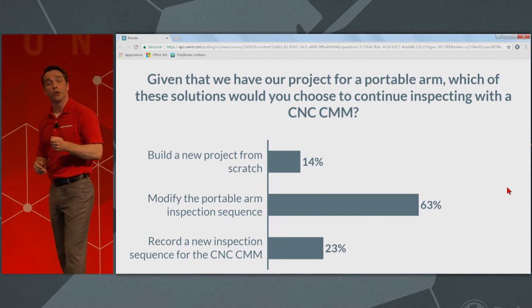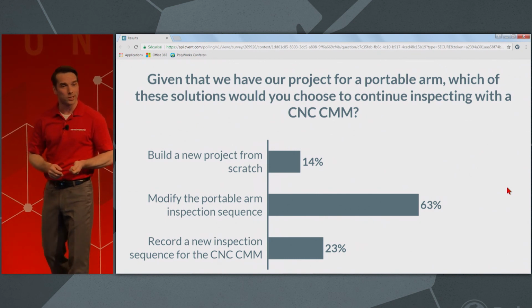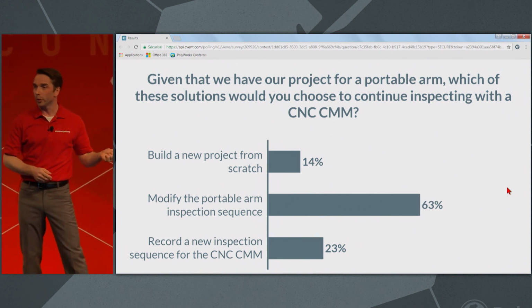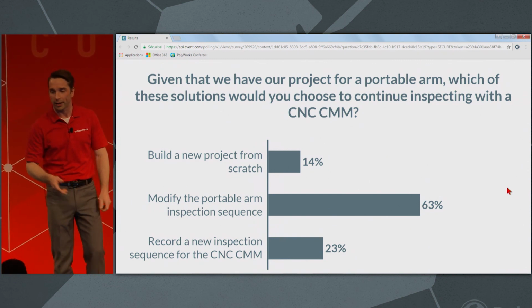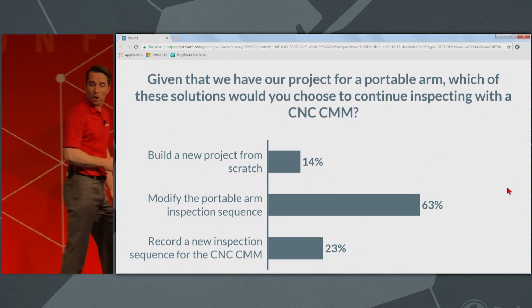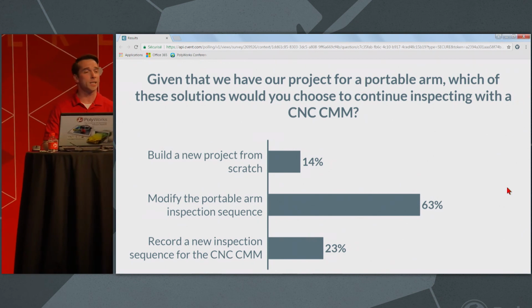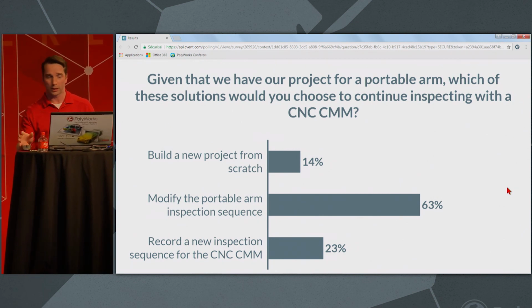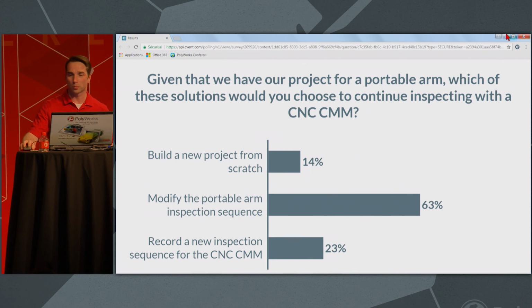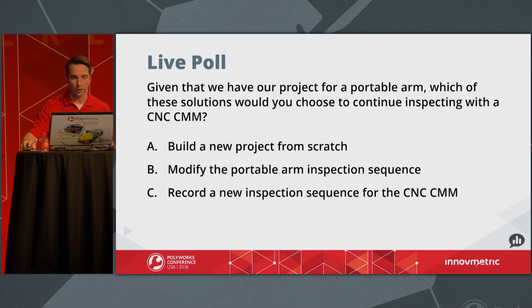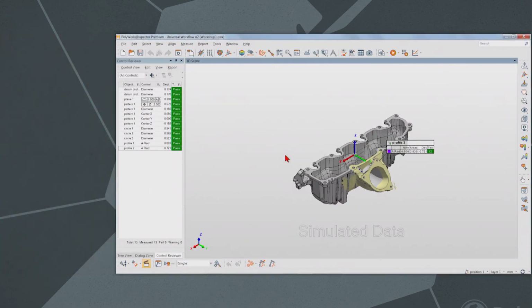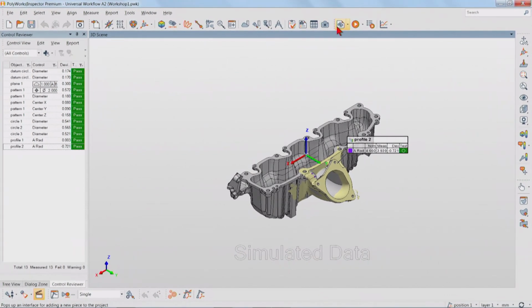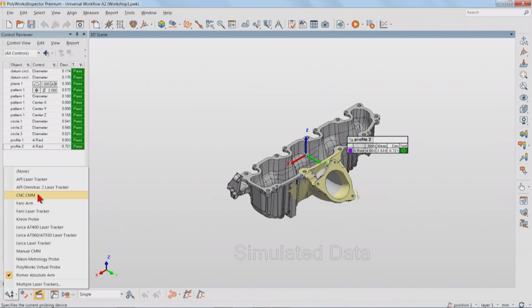The thing is, did you know there's already a sequence in that project, even though I never recorded any? So we'll take a look at that. So option B, modify the portable arm inspection sequence, is what I will demonstrate. But like I said, you're just a small step away from doing that if you haven't seen it before. So let me just go back to my inspection project. And now, first thing I would like to do is go change my device, and this is where I would go with a CNC